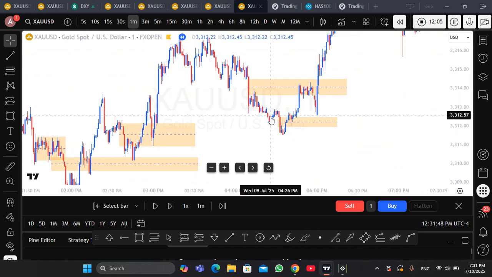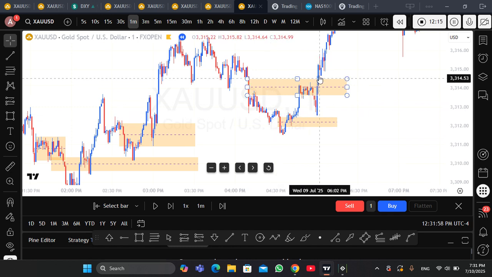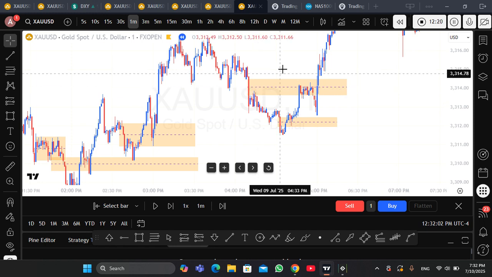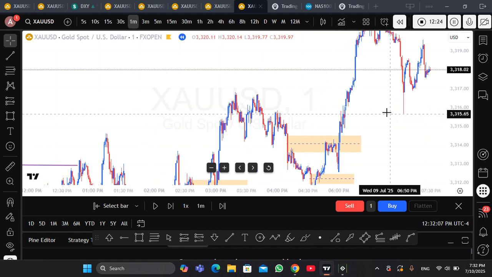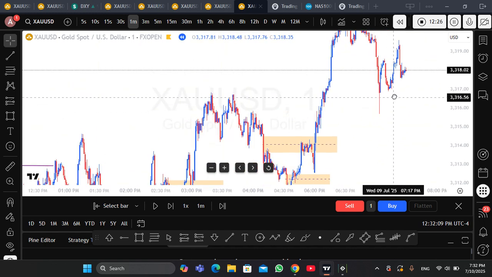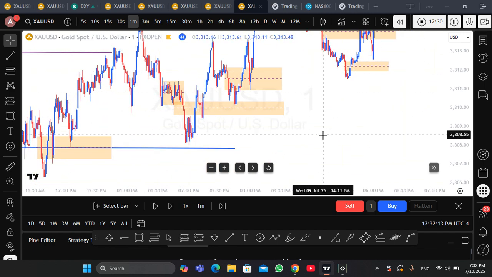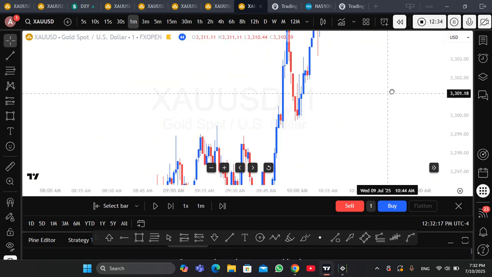As you can see, the price is moving, sweeping this low, sell side liquidity, and moving upward, making a market structure shift. Then it retests this area. This is a breaker block, and the price moves upward. It also violates this inverted fair value gap and makes it an inverted fair value gap and moves upward, and it is very good to trade these areas. It is beautiful to do this on a lower time frame.